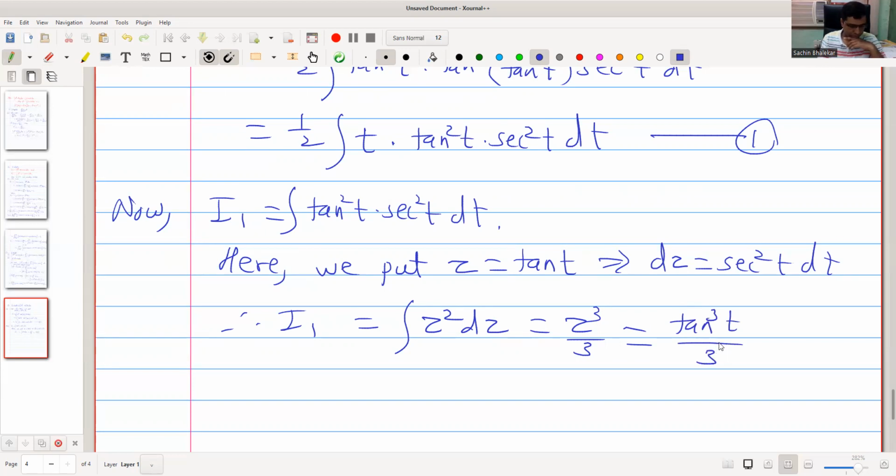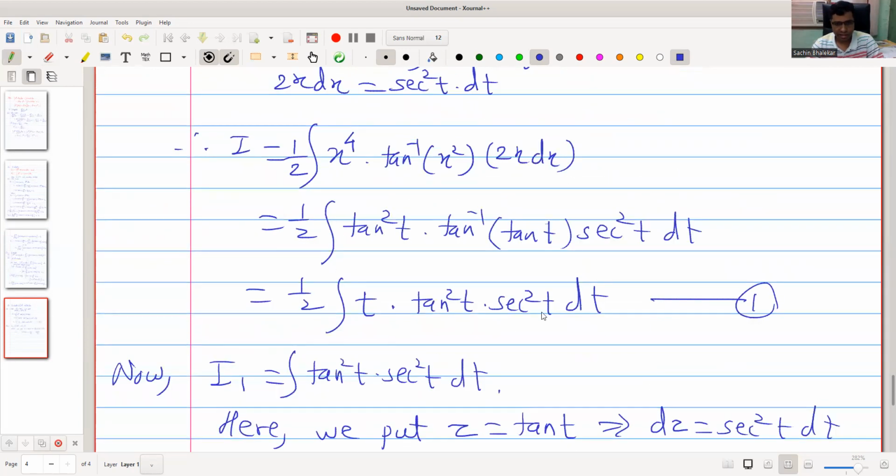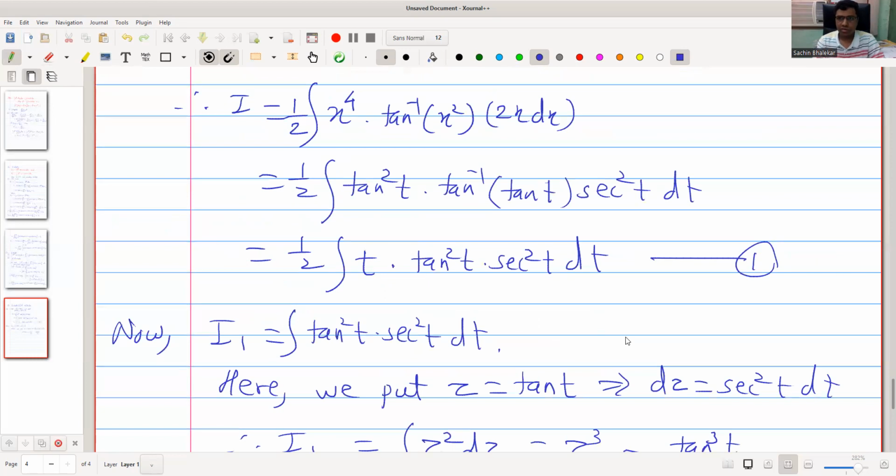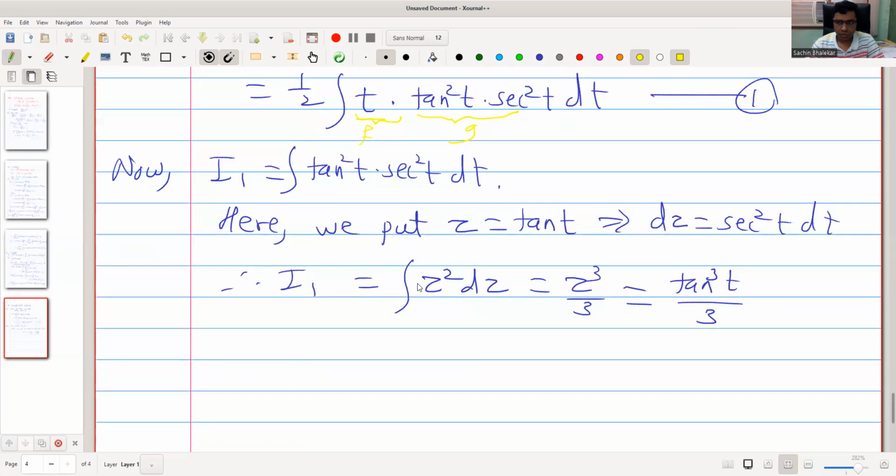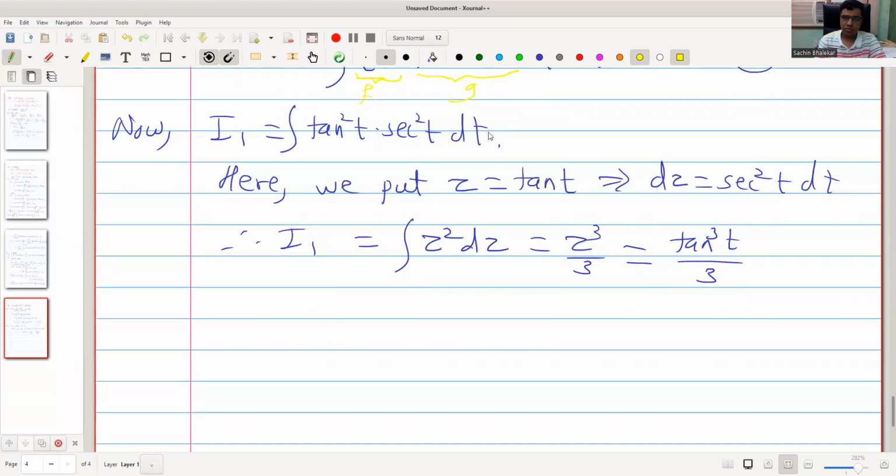Okay, now we use integration by parts in I. Here, this is our first function and this is our second function. Using integration by parts in 1, we get